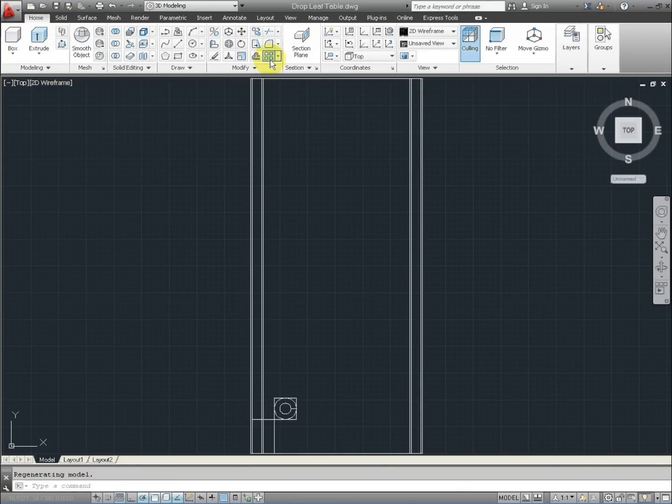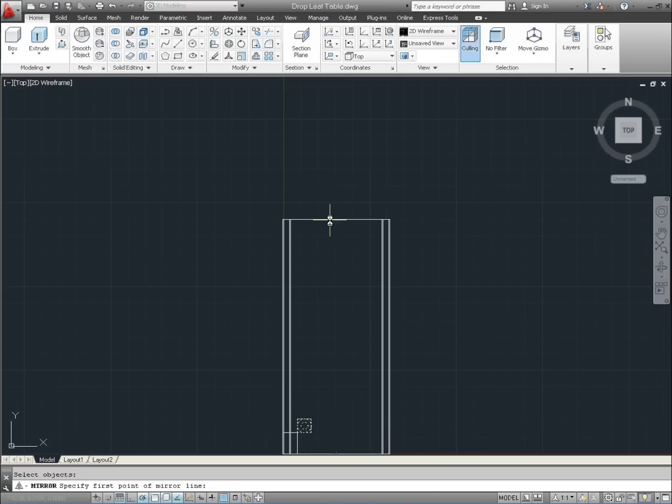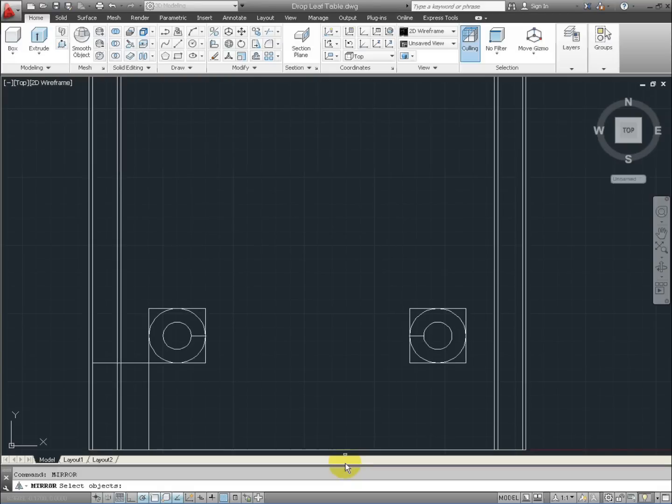So again, now here we are on the 2D wireframe. Obviously the easiest way to do this is going to be to mirror it. So let's type in mirror and press enter. Select the leg from above, press enter. And then we want to do this from the midpoint. So select the midpoint and just come down, and we don't want to delete it, so press N,